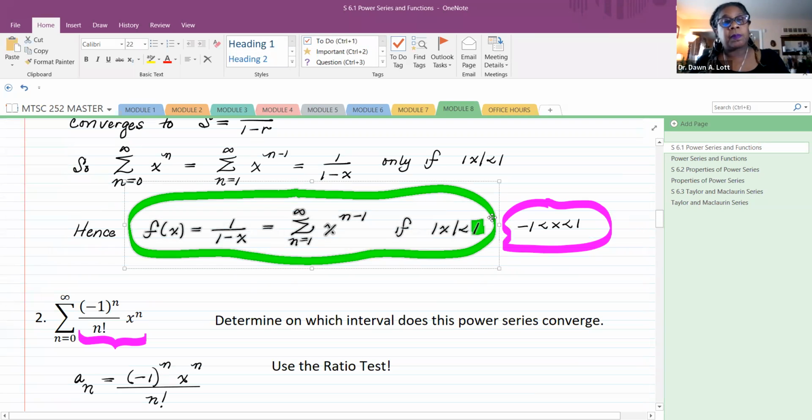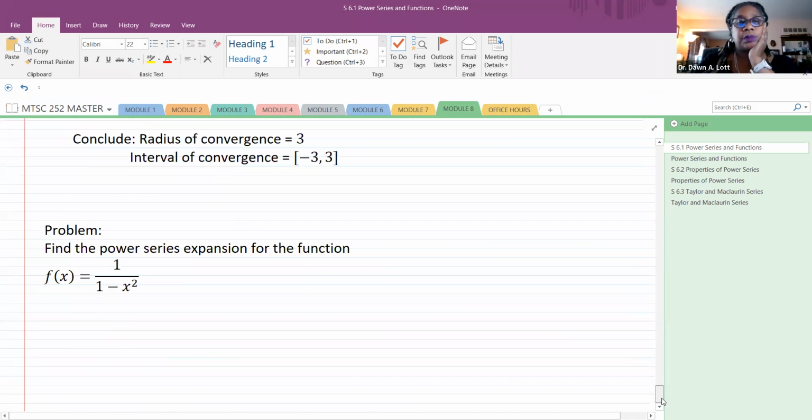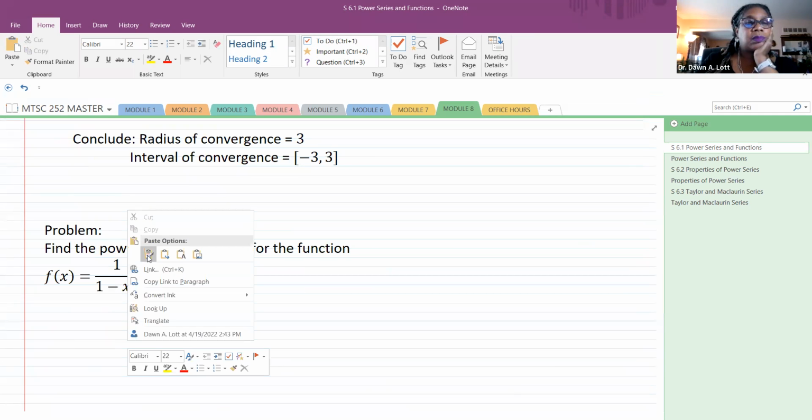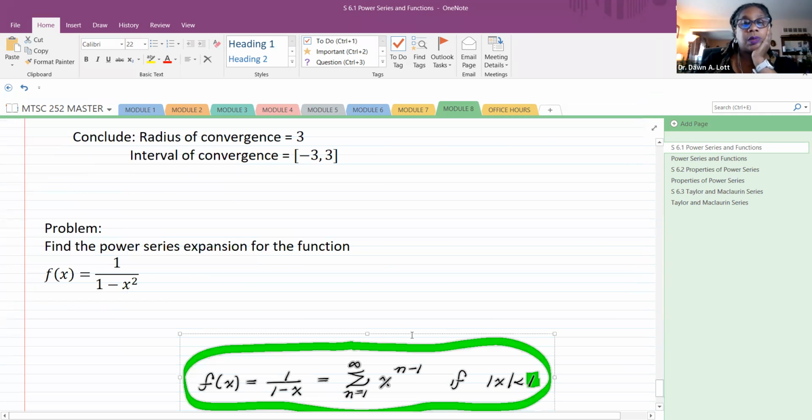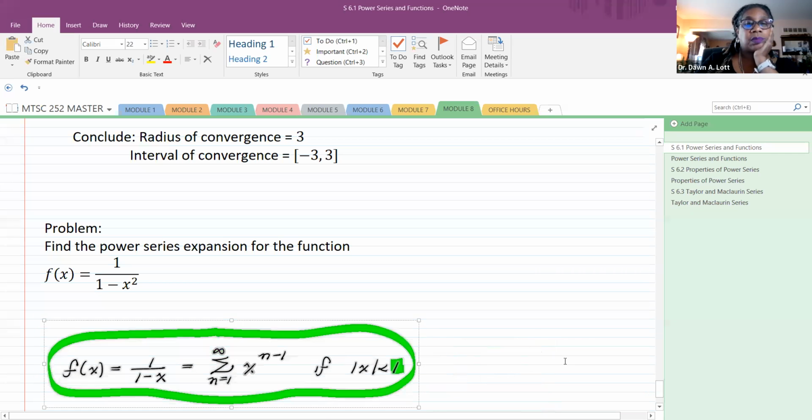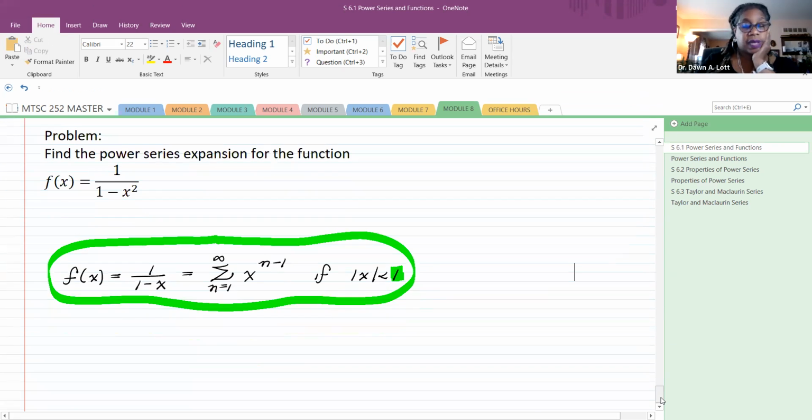Okay. So we already know the power series expansion for this. Okay, so we know the power series expansion for that. So therefore, we just get that f of x